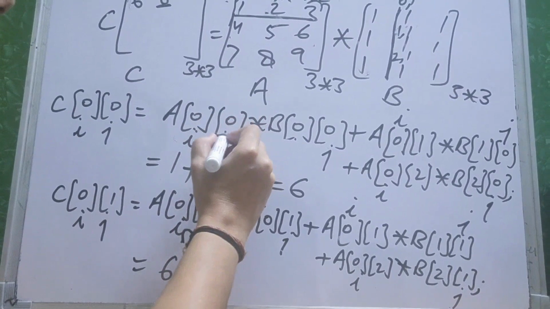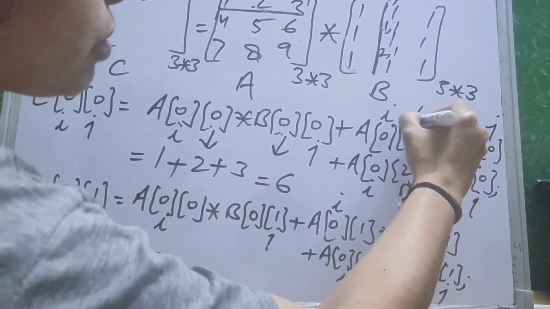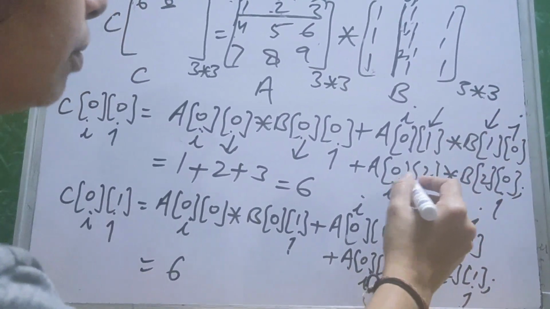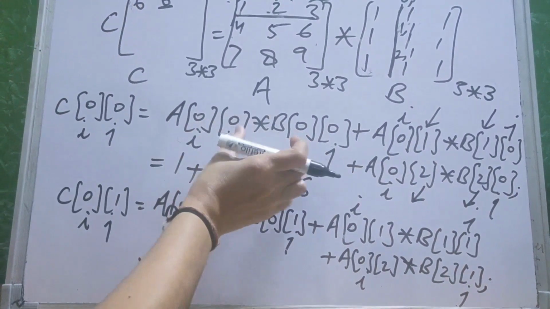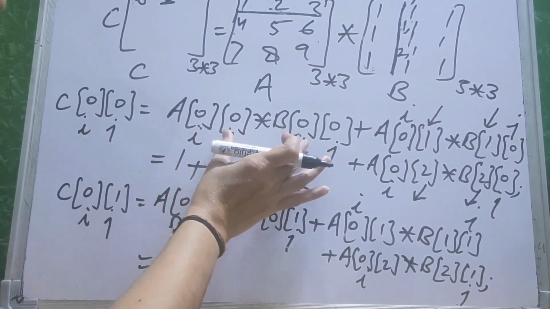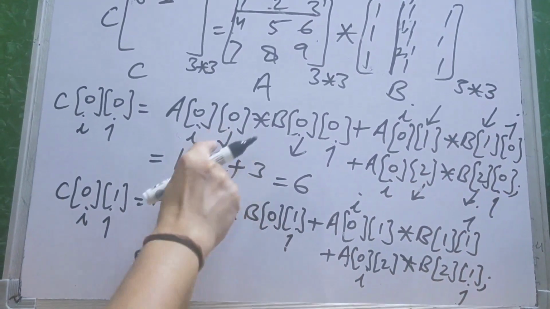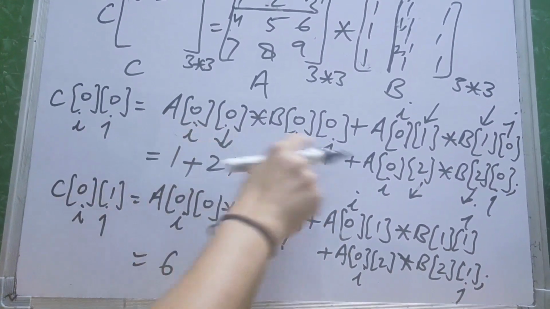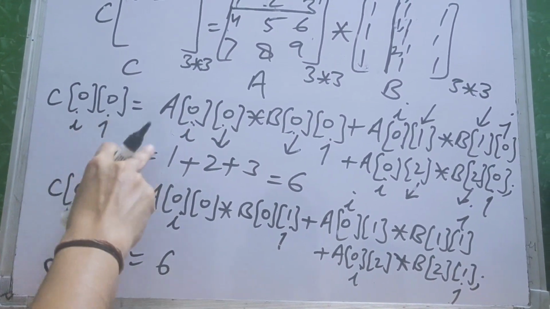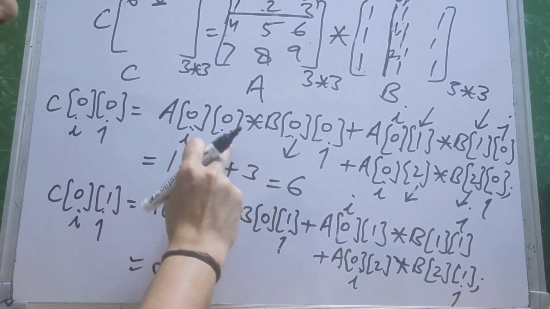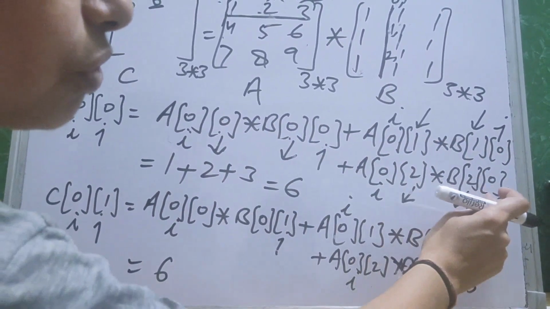Now this is the second value. This one is common. In this multiplication, this is common. In this is common. In this is common. And 0 0 is fixed for 0 0. That means the I J loop is fixed and this one is going on. 0 first, then 1 for value 1, then for value 2.